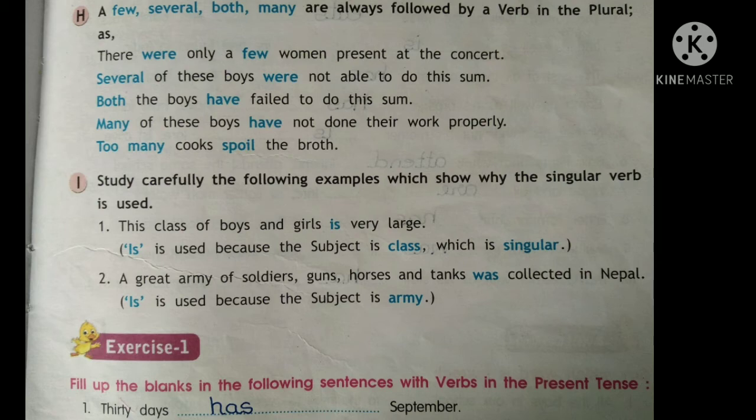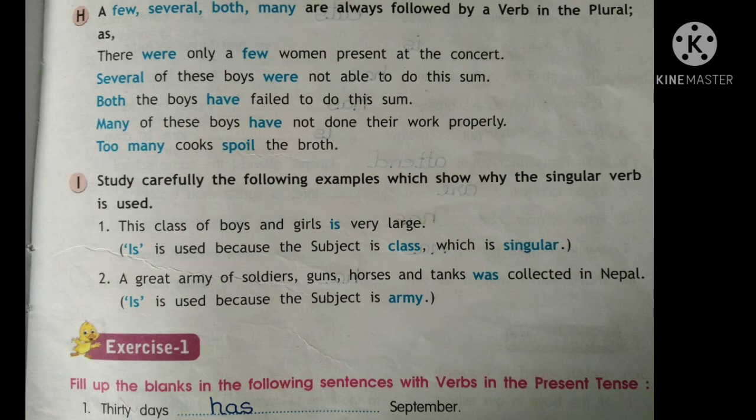Now study carefully the following examples which show why the singular verb is used. Now this class of boys and girls is very large. So here we are using is, though boys is plural, though girls is plural. But is is used because the subject is class. Class is one whole group we are talking about together, which we count as singular, a whole group. So we take it as a singular noun and we write is, though there are many boys and girls in